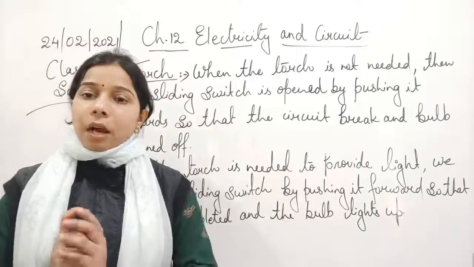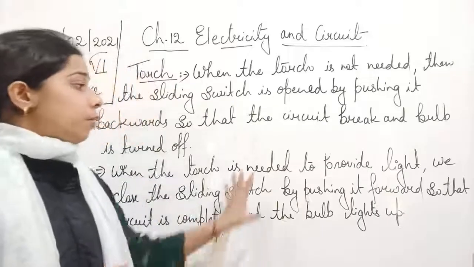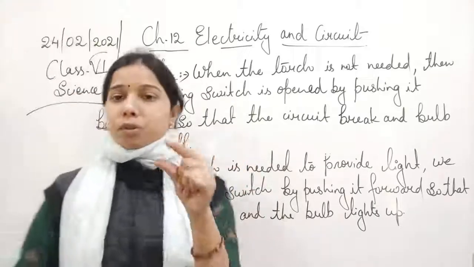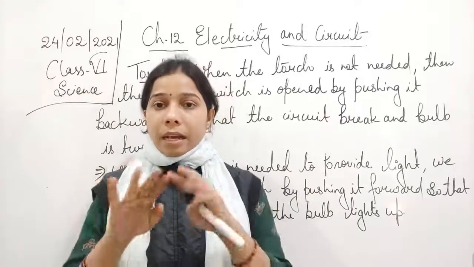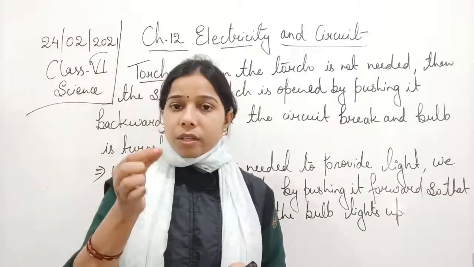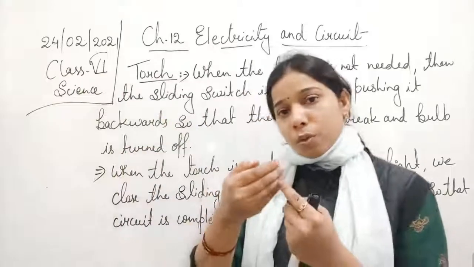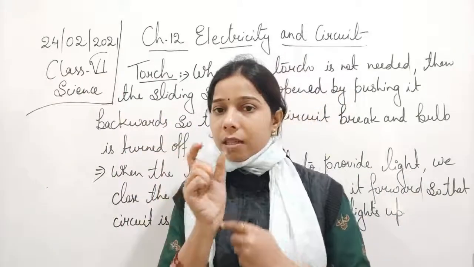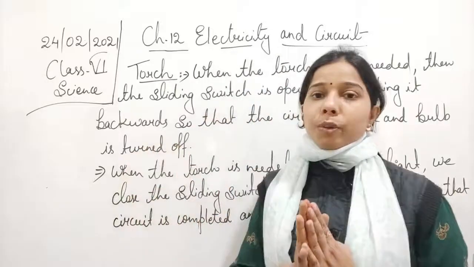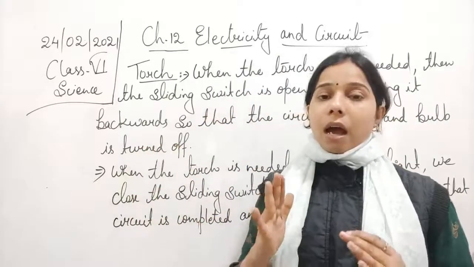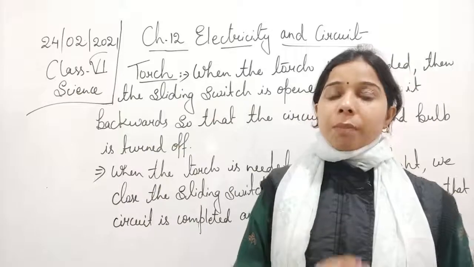Okay. Now, if you look, students, what we have understood here is that it basically consists of a switch. When you slide the switch, what happens? The connection will be completed. Actually, when the switch was at the back position, at that time there is a small gap in the circuit, due to which the circuit remained open, and thus the torch bulb does not glow.